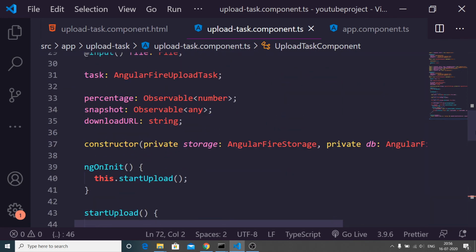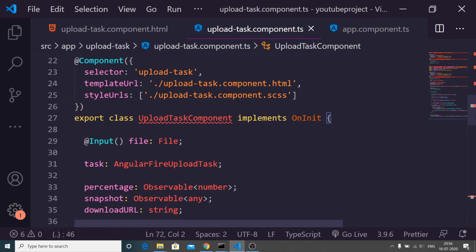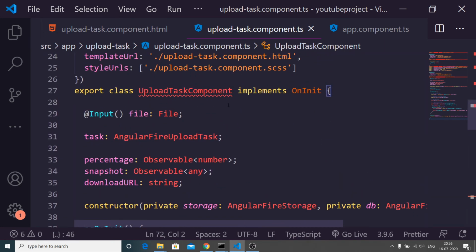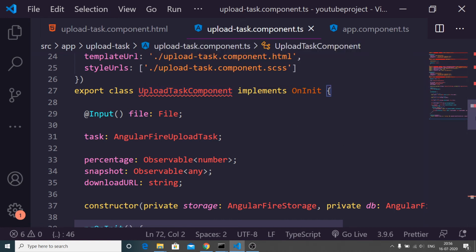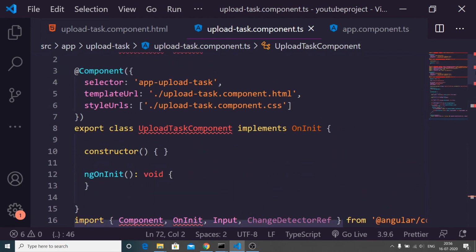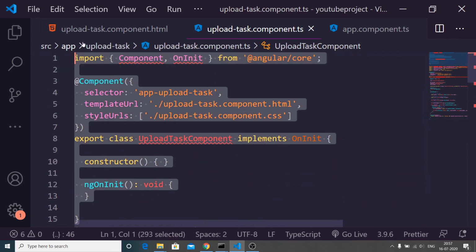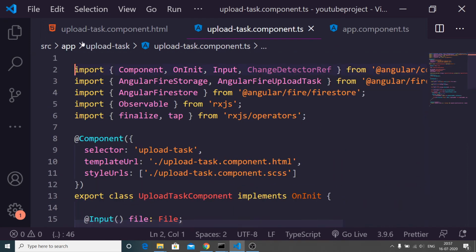Let me elaborate what is happening inside this file. It says duplicate identifier. Oh, sorry guys, I haven't deleted the code which was previously there.